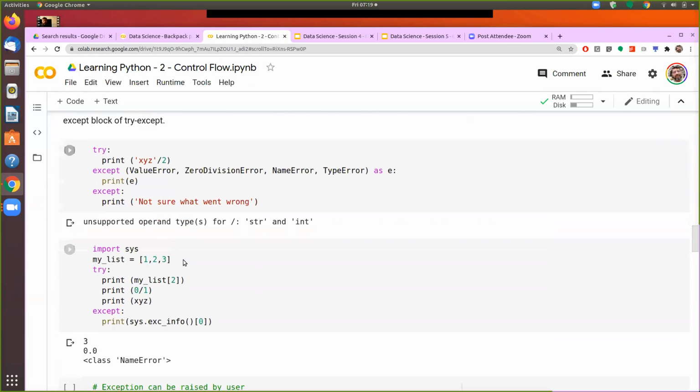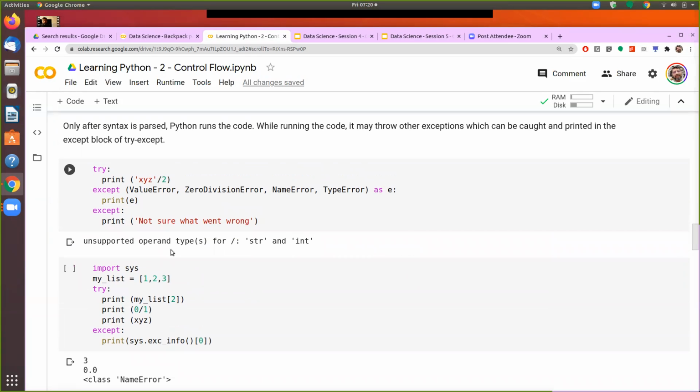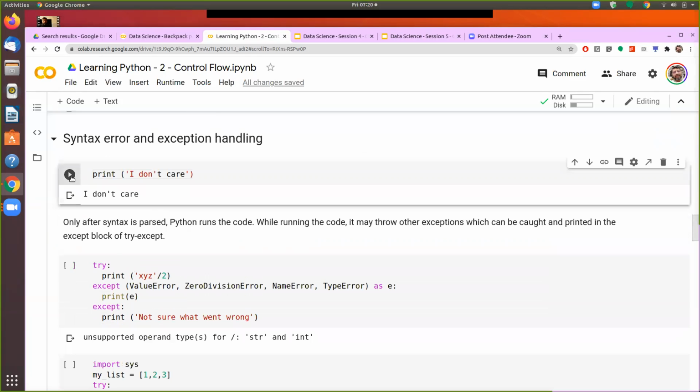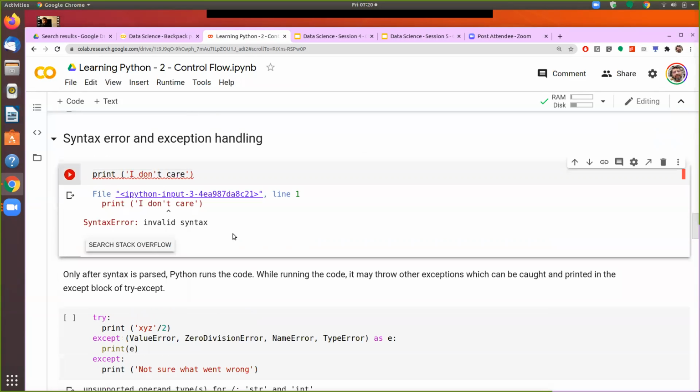Okay. So now we come to the point that during the course of running the program, if we are expecting certain errors, or if we want to see what those errors are, those things would be shown even if you don't catch the exceptions. Those things will be shown below the cell as we are seeing here, not just the syntax error.